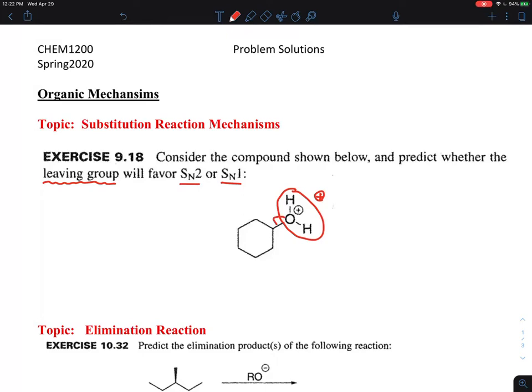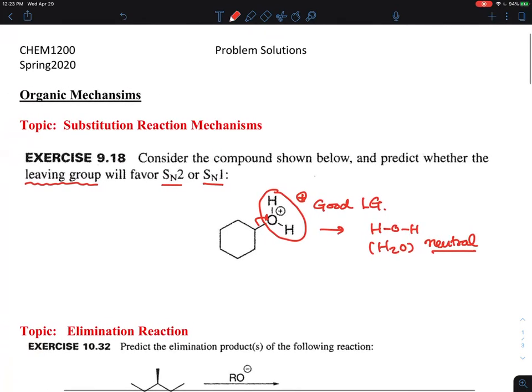And because it says a leaving group, if it ever leaves, it will be HOH, right? So H2O as a neutral. So based on that, I know this is a good leaving group because it's a neutral. It was charged as an attached side group there. So when you have a good leaving group, this one will favor the formation of